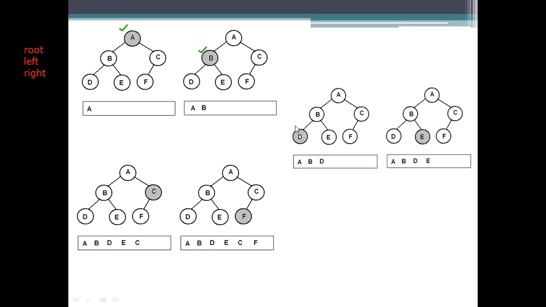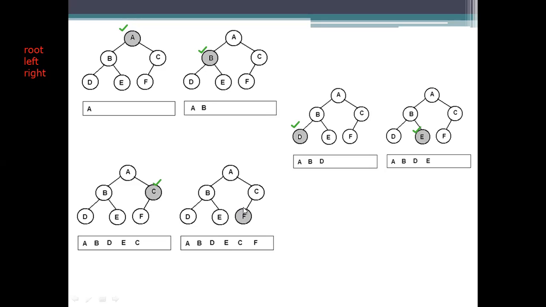So first read D, this is a root node, and see whether it is a leaf node or not. Yes, it is a leaf node. Then go for the right side of this B, which has to be processed there. And coming to the next one, E, after that you reach this root node, then you have to go for the right side of the A. Right side of the A has to be considered.